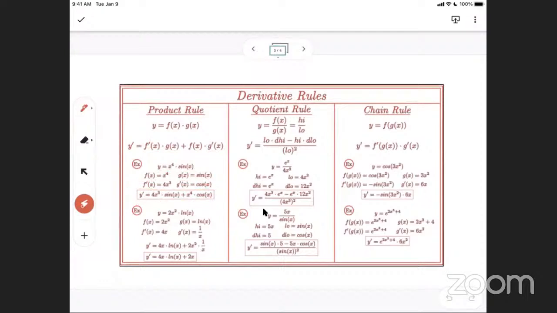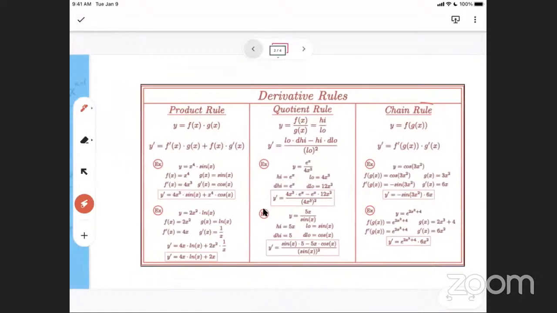Okay. Yep. So here's another example. Here's your first function. Here's your second function, natural log. By the way, the derivative of the natural log of x is just 1 over x. Again, this is just one of those things you have to memorize. So just plug in the different things. Here's the derivative of f of x. Here's g of x. Here's f of x. Here's the derivative of g of x. And then you simplify it and you get that, because this x cancels with one of those x's there. So this just is 2x here. Okay, so that's called the product rule. Now there's also the quotient rule and the chain rule, which we may be doing in a second as well.